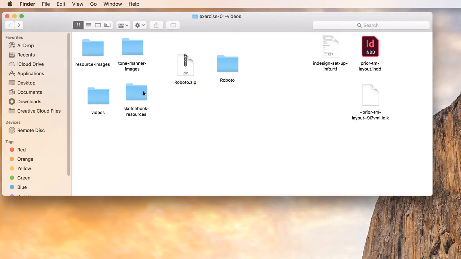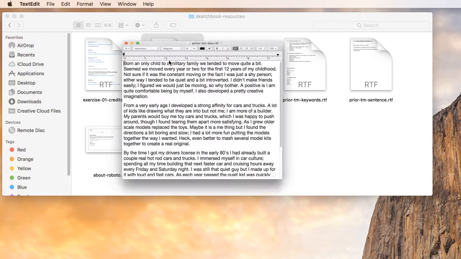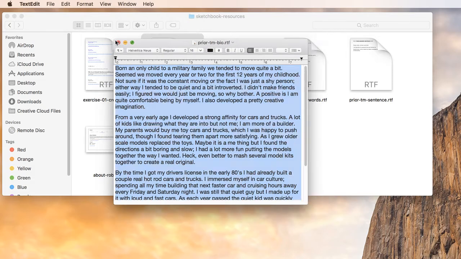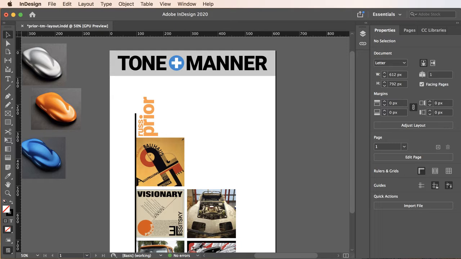So you'll be drawing in your sketchbook, you'll be doodling in your sketchbook, taking notes in your sketchbook, and the content which you do, which is digital, you can just print it and paste it in, just like in the example sketchbook I shared with you. So you'll notice in the sketchbook resources, I have all the elements I've been using in the discussions, and here is the bio. So I'm going to open the bio, select and copy everything, and then I can close this,